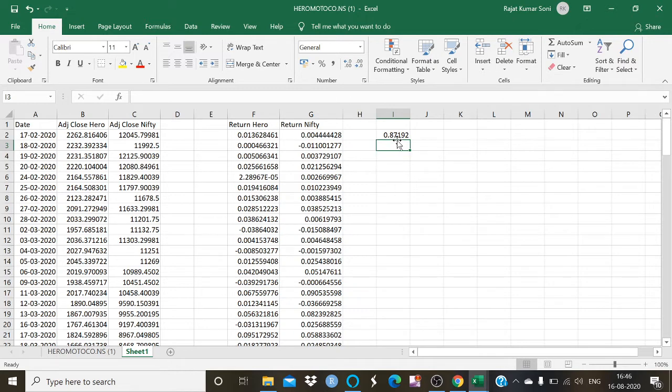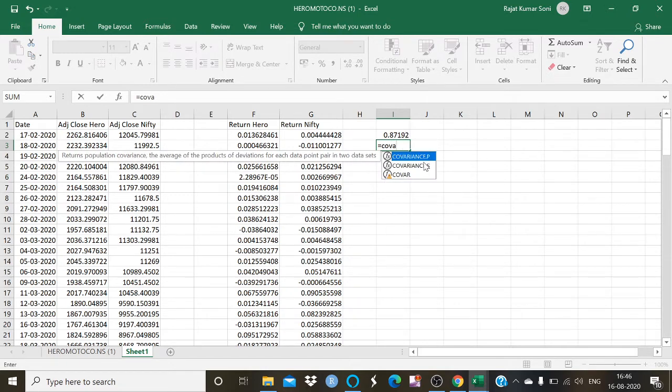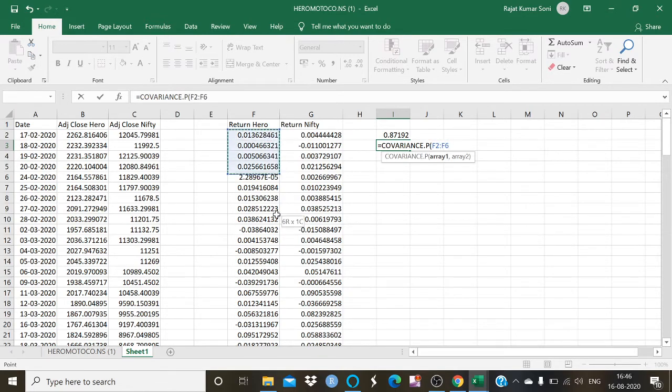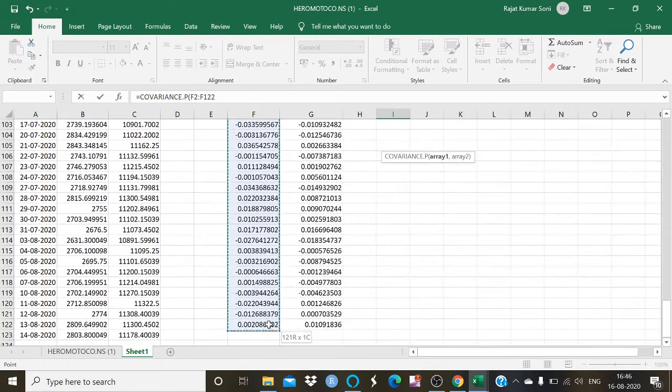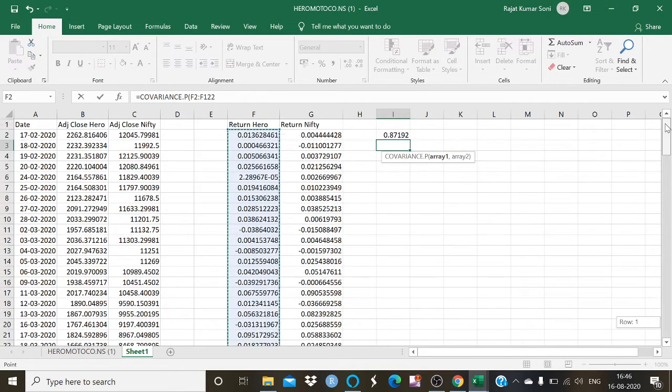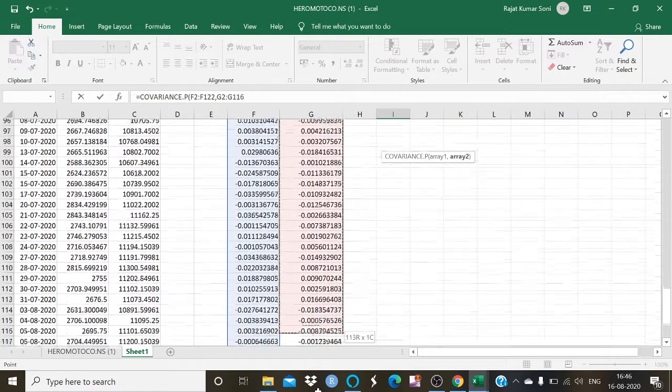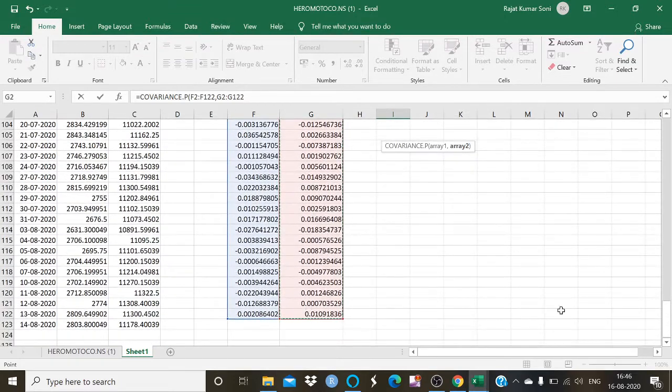Now I'm going to calculate the beta value with the variance covariance method. Just insert equals and type COVARIANCE.P. Here I am going to select the Hero MotoCorp return as array 1, put a comma, and select the Nifty return as array 2.